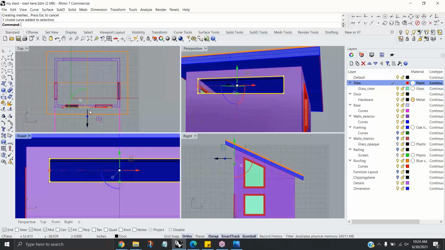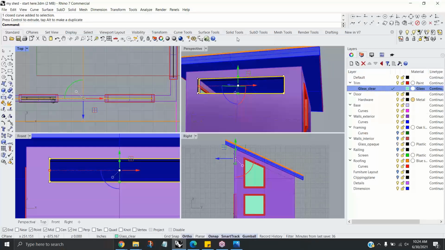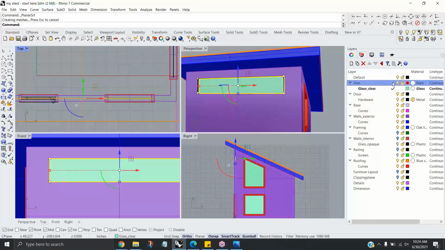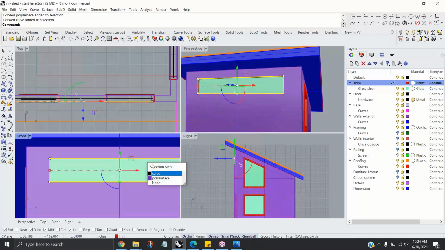I will grab the curve, and just like we did before, I'm going to copy it to the center, hit the Tab key, make the glazing layer current, surface from planar curve, make the trim layer current, pick on the outside curve,